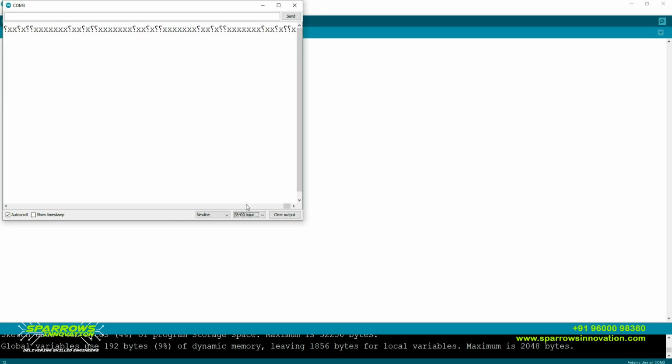So we can change that to 9600, then we can see the data correctly. This drop down menu is only for your computer, not for your Arduino. To change the speed of the Arduino program, you have to type it inside the program of this Arduino, which you are going to do.